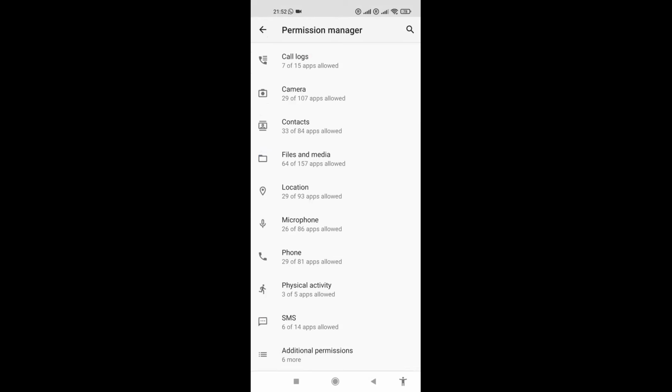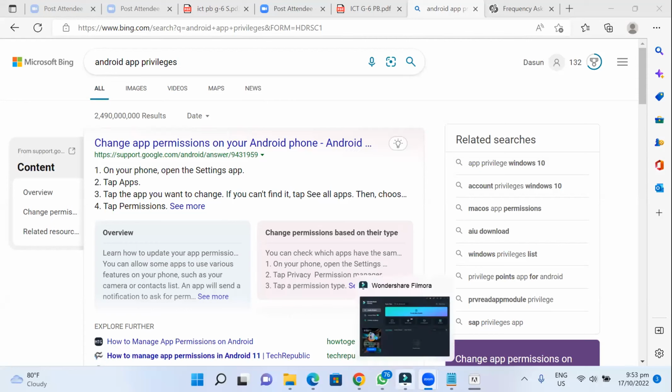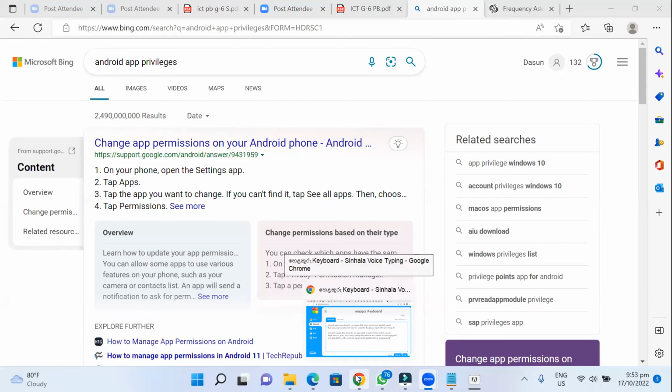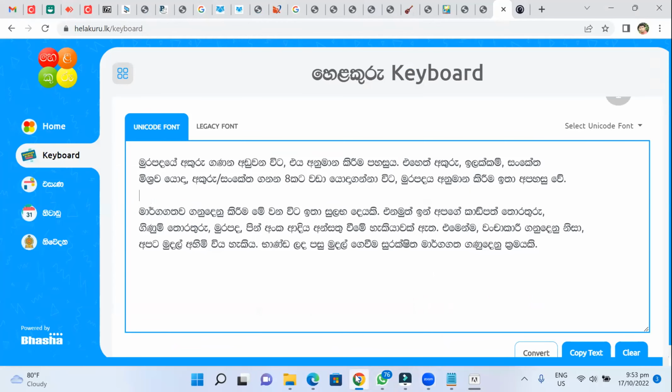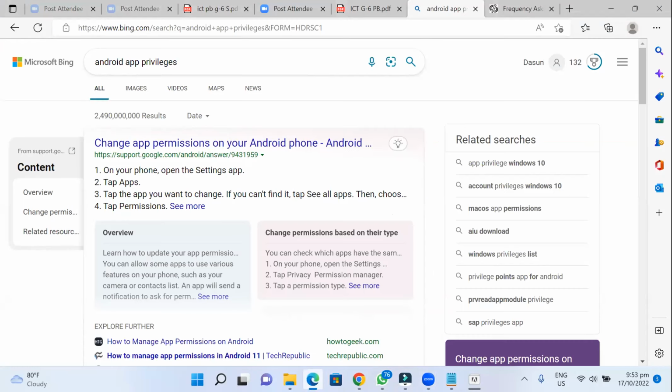For an example, let's think about you. Maybe you are having vehicles in your home. Can you drive the vehicle? How many of you can drive the vehicle in the roads? Yes, tell me. Raise your hand.